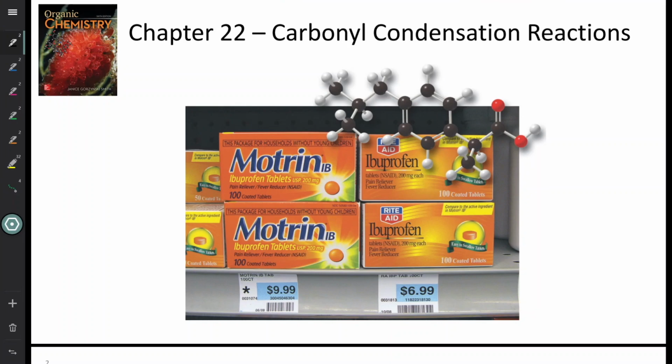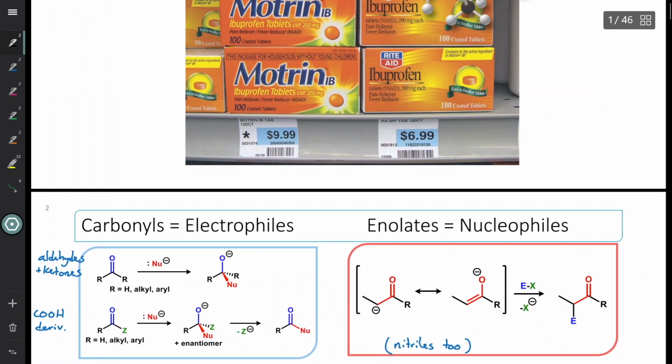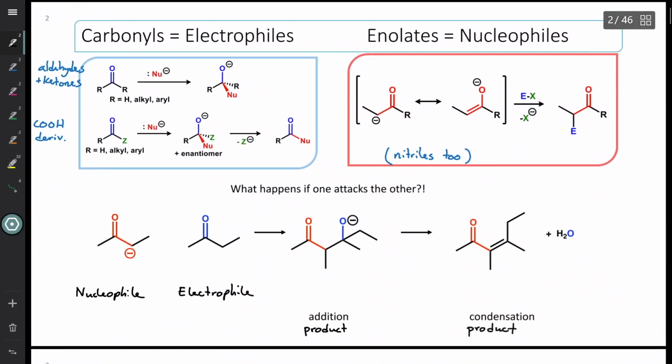Welcome to chapter 22. We're going to do carbonyl condensation reactions. So this comes after chapter 21 on enolates. And carbonyl condensation reactions are kind of a combo reaction that uses the carbonyl as the electrophile and also as the nucleophile. So we learned when we first did carbonyl chemistry that this carbon here is electron deficient, so a nucleophile